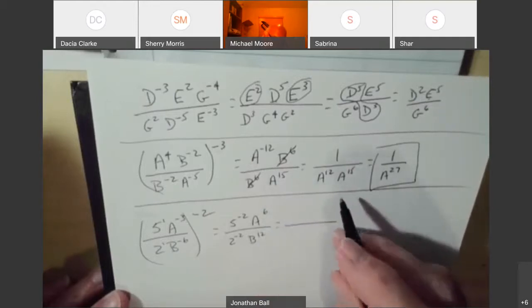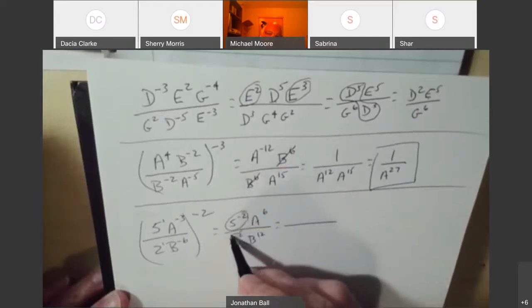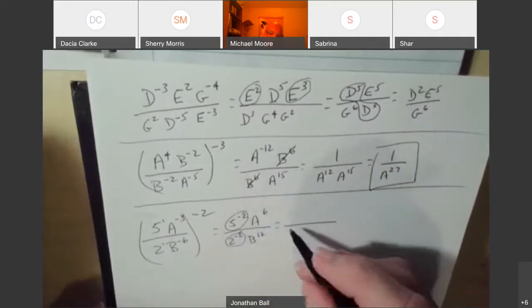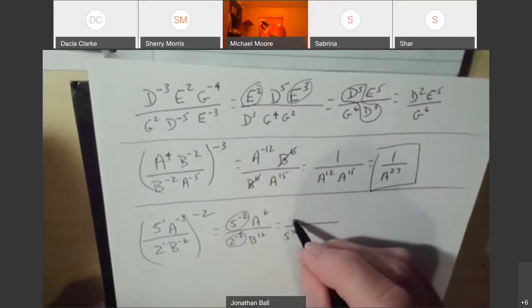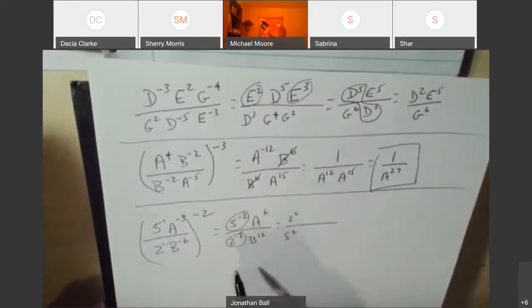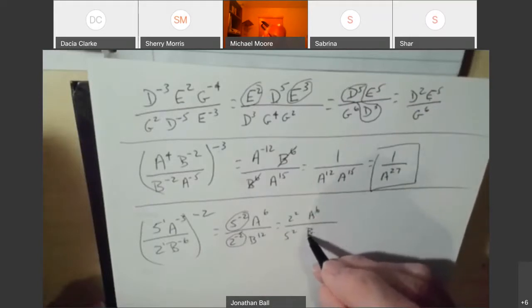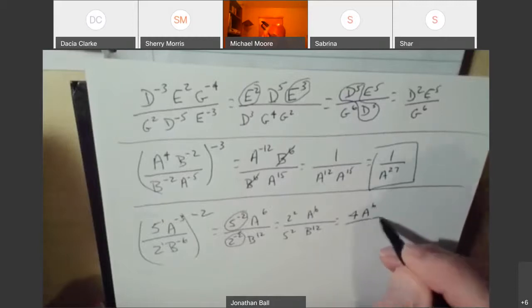So this is going to be equal to, now, both these exponents are negative, so it's going to be 5 squared, 2 squared, right, because the exponents are negative, a to the 6th, b to the 12th, so it's going to be 4a to the 6th over